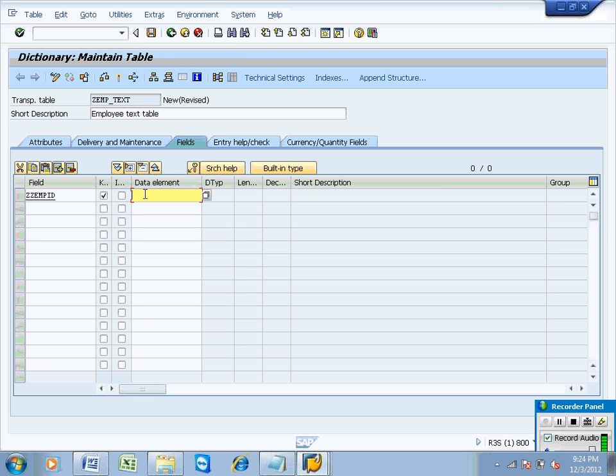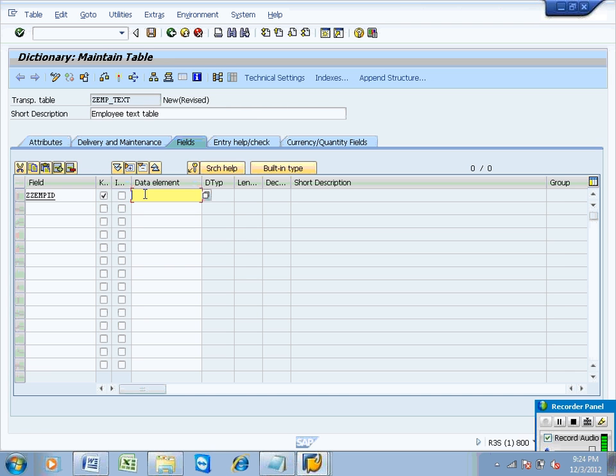Data element will provide short description and label information. Short description is nothing but a description, and label information is nothing but the label. So if you want short description and label information, you can get that information from the data element.